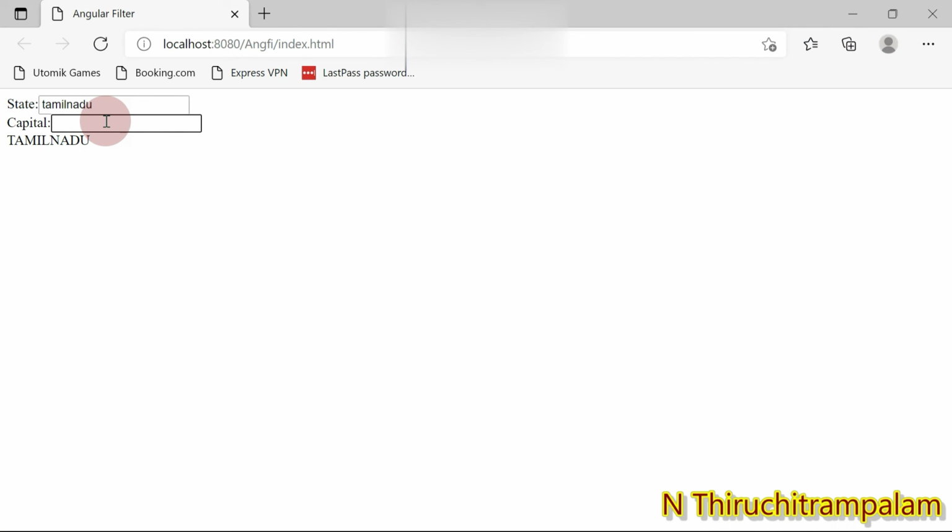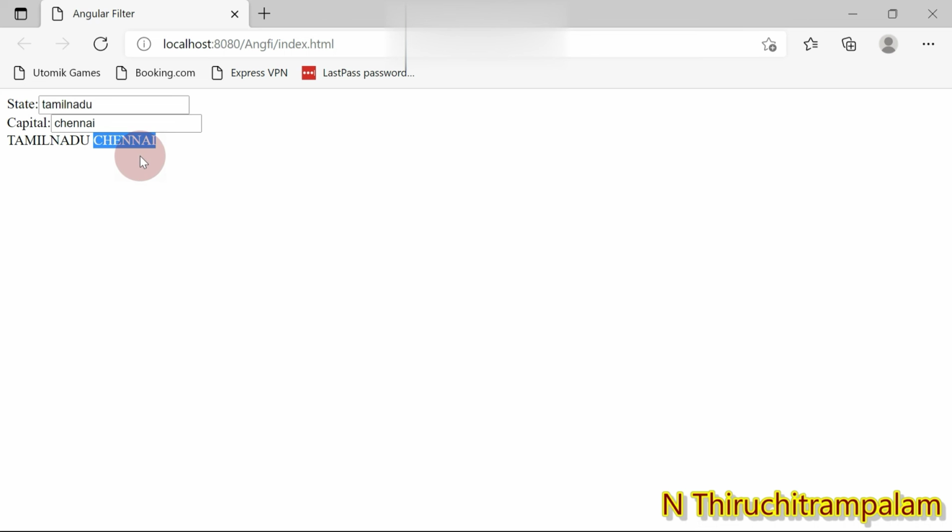Let me give Tamil Nadu. The capital name is Chennai, so I give it in small letters, chennai. When I give it, you can see underneath it gets printed in capital letters. See, Chennai got printed on the view page, all right?